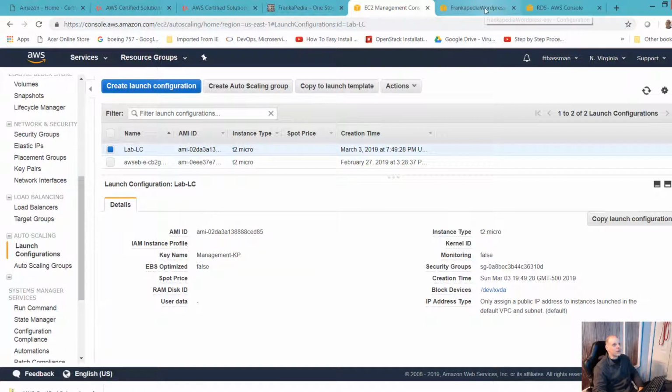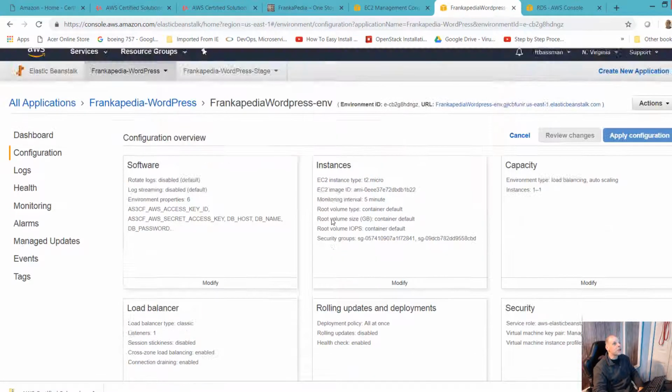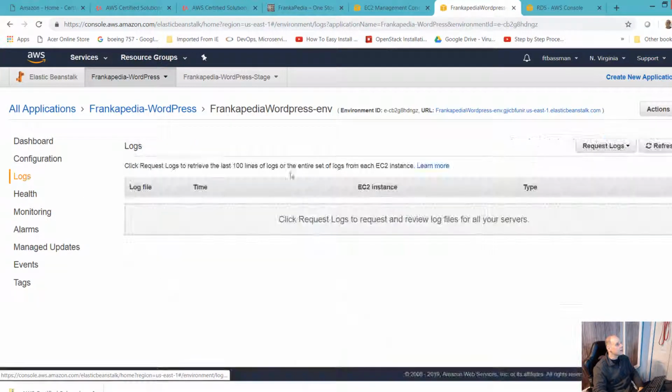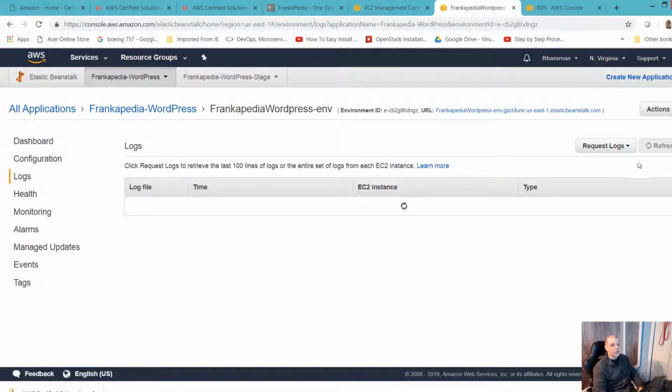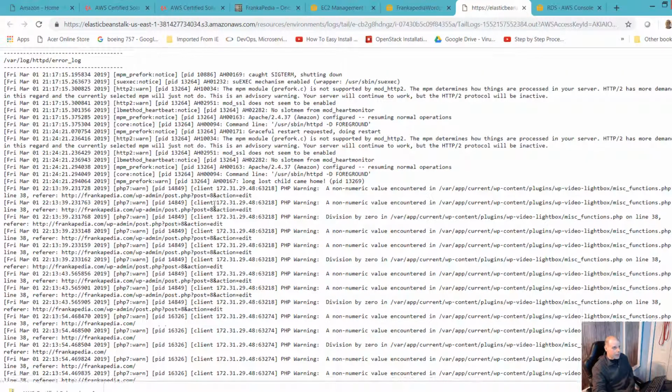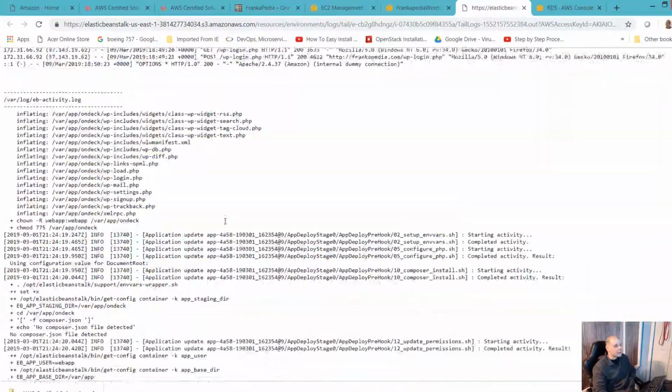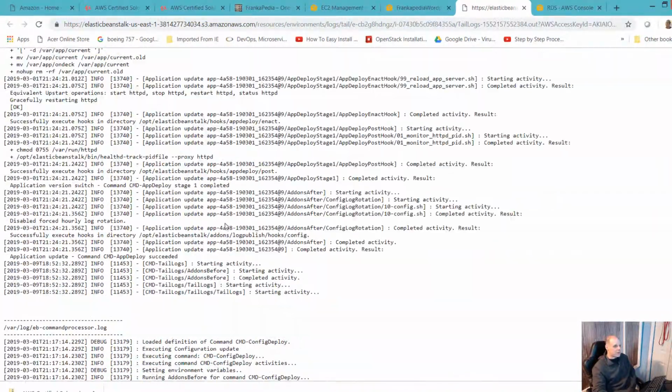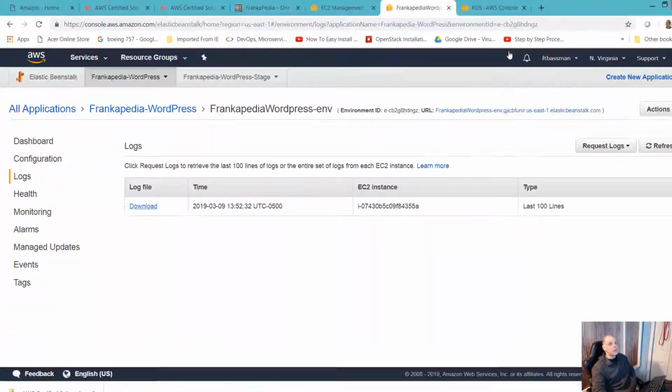Otherwise, you're going to have to just rely on the logs through the Beanstalk console, and that's a little annoying, I think, to have to just request the logs. And you're only going to get specific application logs, and if you wanted to do any troubleshooting beyond that at the OS level, you would really need console access or SSH via PuTTY.